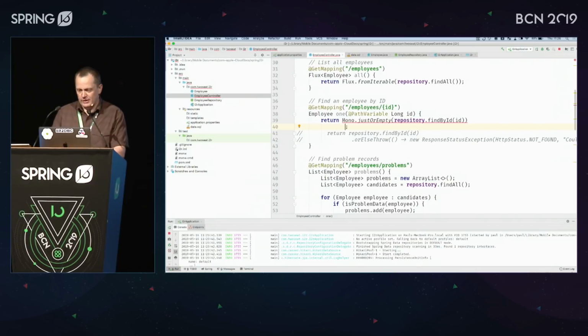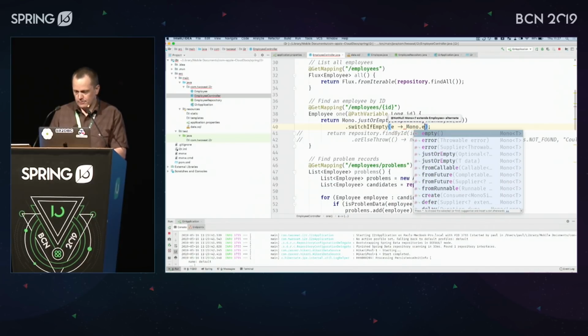We still also need to have this exception. And we can do that in a slightly different way to the imperative style by saying, okay, we know we might get back a value, and that's fine, we can just pass that on. But if we don't get something back, then we want to switch what we're providing by providing a new Mono that we can use. And we are going to do